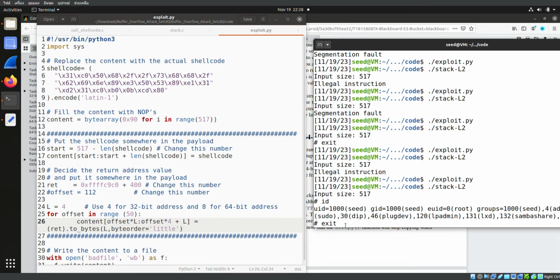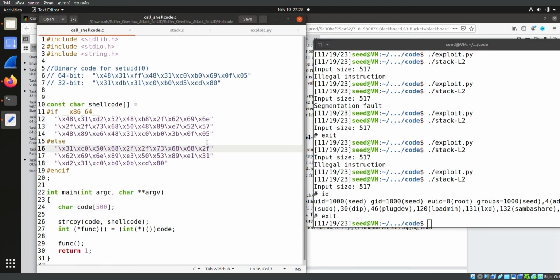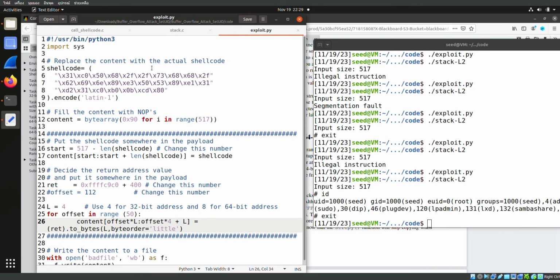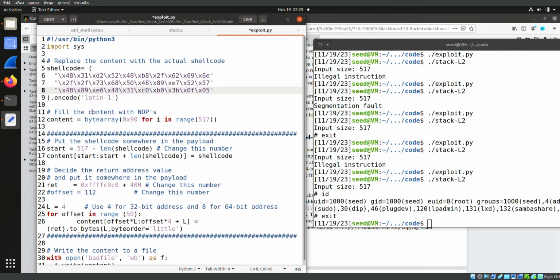Okay, so it is similar to the previous one, which means level 1. Why similar to level 1? Because in level 1 we know the size, and here as well we know the size of the buffer, but we're using a different architecture. So we need to change the exploit.py code. Here we change this one to be 64-bit,